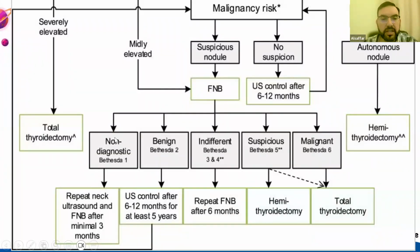If it's non-diagnostic, then repeat the ultrasound and the biopsy after a minimum of 3 months. And then according to the finding, you just go back into this